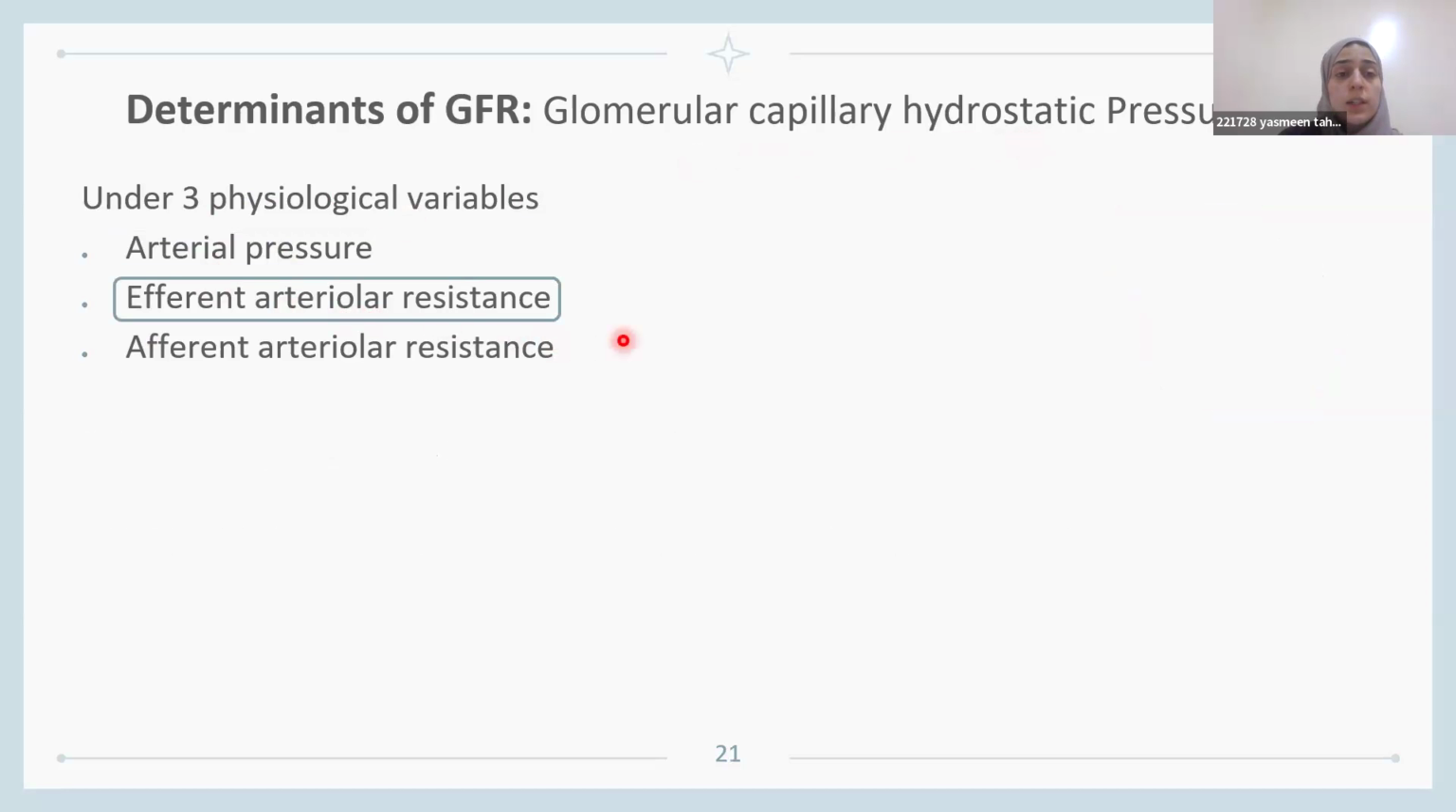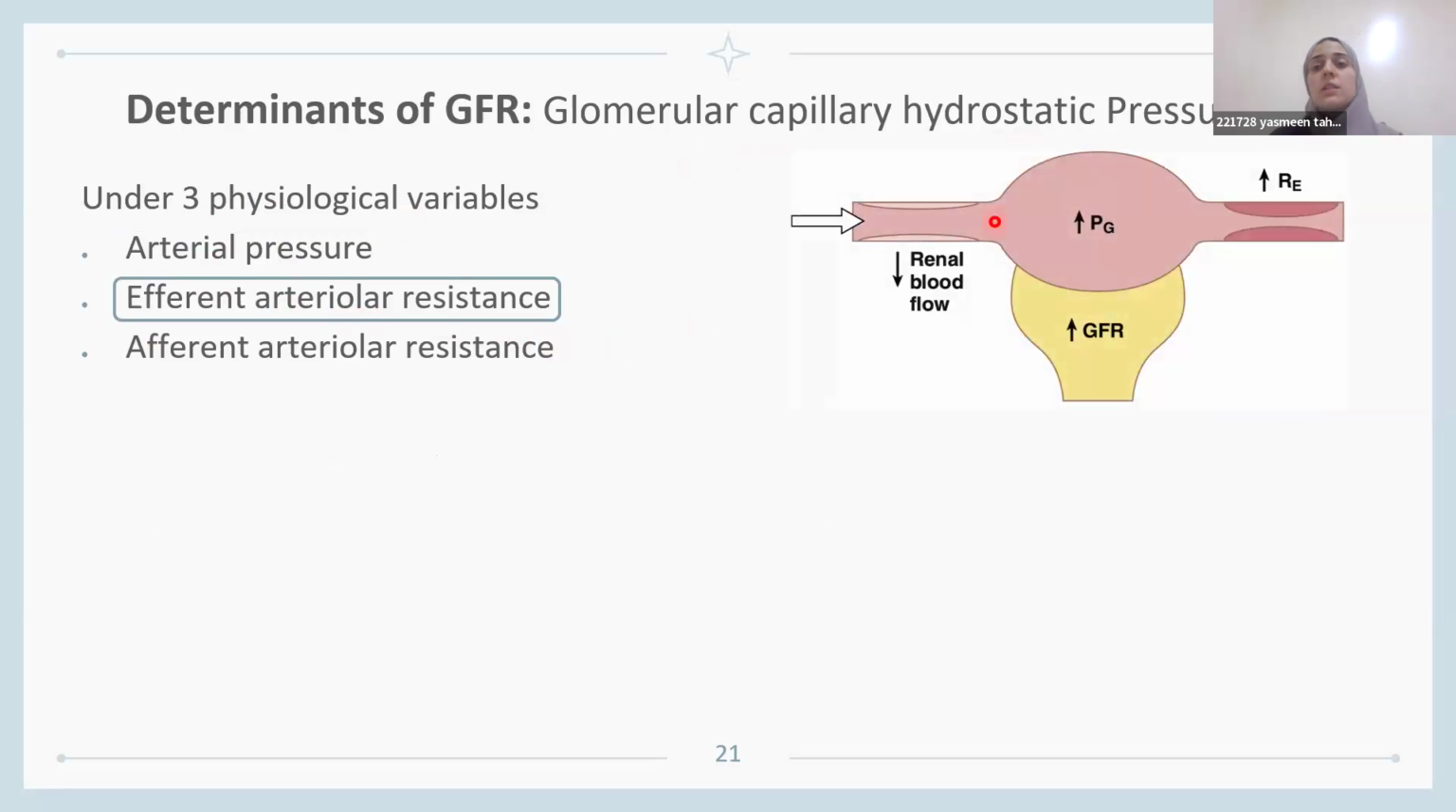And the next one is the efferent arteriole resistance. Okay, let's look at this picture here. This is again the glomerular capillaries in the middle. This is the afferent, and this is the efferent. So if the efferent one here